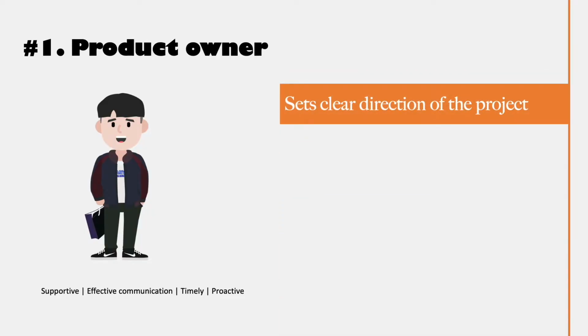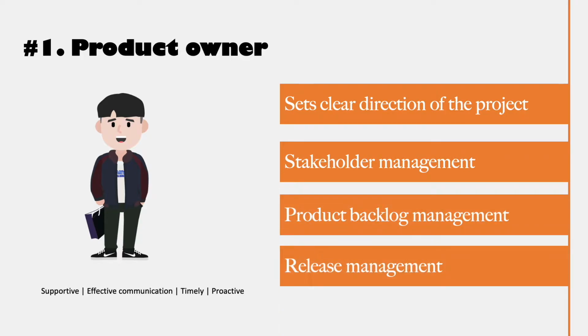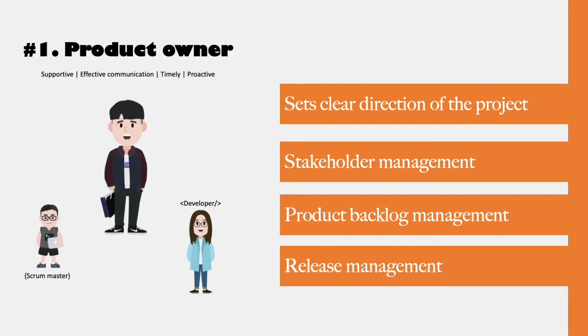Role number one, product owner. The product owner ensures or sets a clear direction for the team. The product owner works hand in hand with the Scrum Master and the development team, especially during the sprint planning, to ensure that